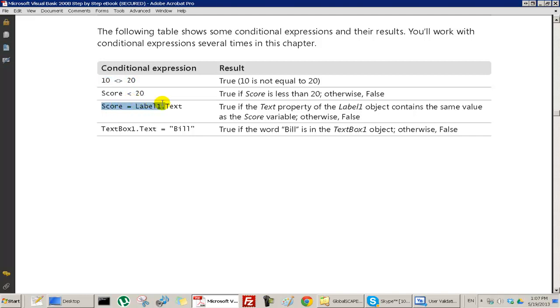Score equals label1.text. So if label 1 has a string value of score, if label1.text has the same value as score, then this will evaluate to true. Now score here is a variable. So if this equals the value of this variable, then this will result in true. Here, if textbox1.text equals Bill, meaning the text property of textbox1 is Bill, then this will evaluate to true